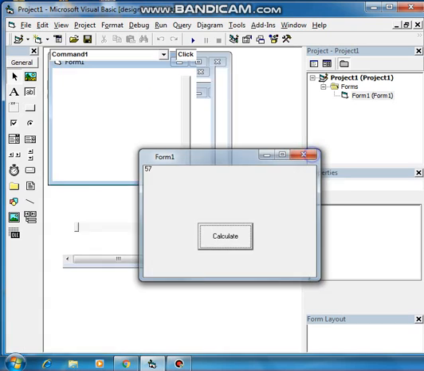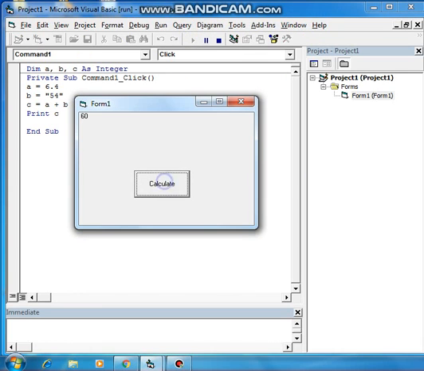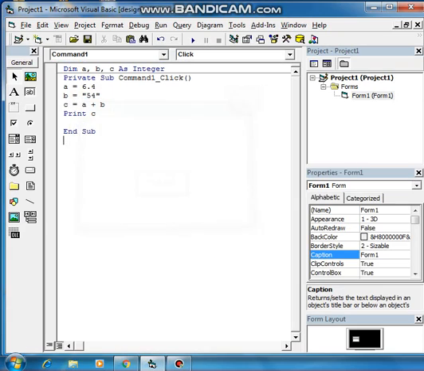Fine. Let me check again. Suppose the value I'm changing here to 6. So now the result should be 60. It should be 60, so let's check by running the program. Yes, it is showing that. That is what is happening, because I gave it as a string. But because I already wrote integer, it is converting to integer, storing them and calculating.